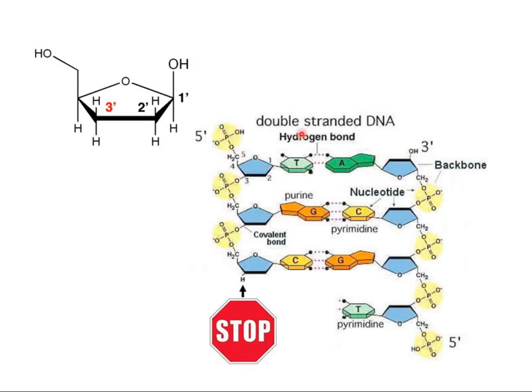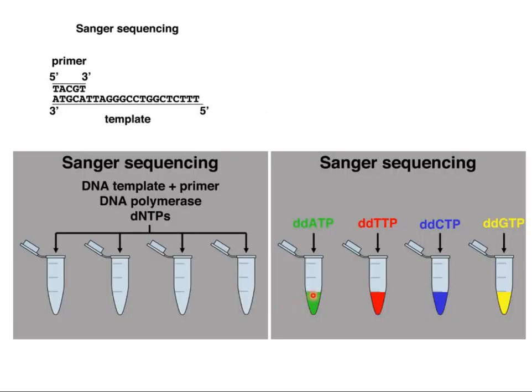So, this diagram represents the structure of this double-stranded DNA. So there's a phosphodiester bond between the 5' carbon and the 3'. But if instead of deoxyribose, we have dideoxyribose, there's no OH here, there's only H. So this reaction will stop. So if we use this thing for carrying out the PCR, during this PCR the reaction will be terminated. So in this case, Sanger utilized dideoxyribose.